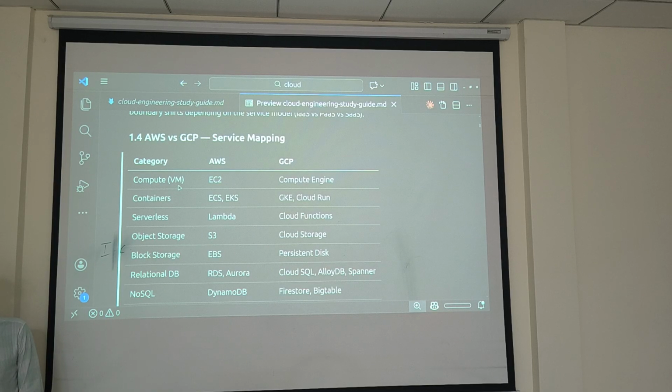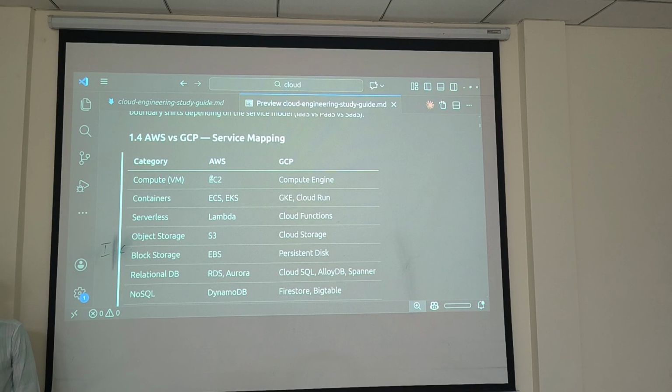First one is the VM. VM is nothing but, first you have to have a clear idea about the machine. If you want to run any code, you have to know about the laptop, the laptop configuration, everything. Next, you have to know the JDK: how to download it, how to install it, how to set it up. Next is how to write the code. These are the flows.